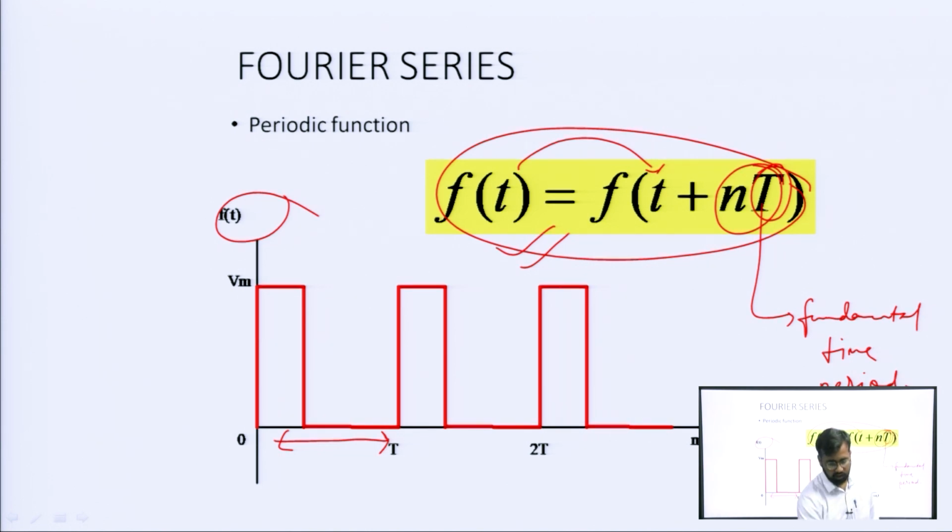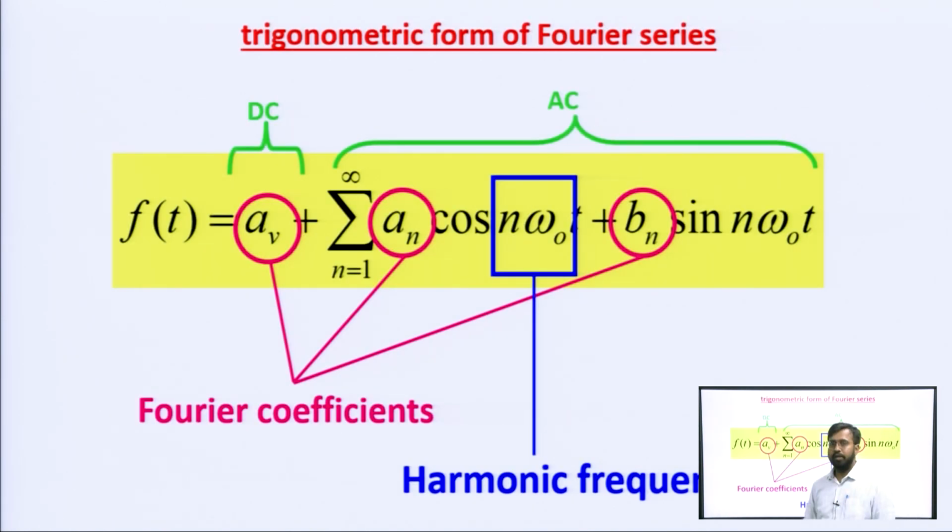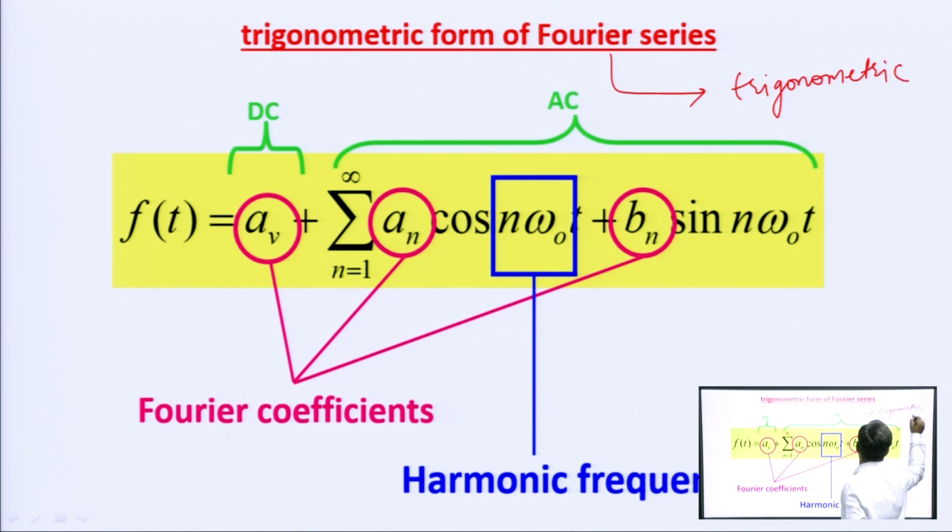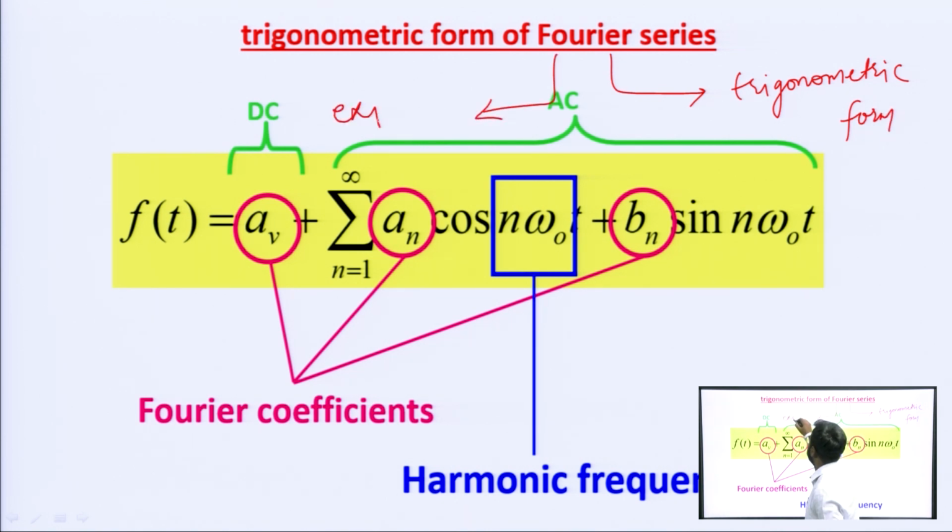Now, we have seen the conditions required for representing any function in its Fourier series form. Now how do we represent it, and what are the different quantities or points to remember? A function which satisfies the Dirichlet conditions can be represented in a trigonometric form. There are basically two forms of Fourier series: one is the trigonometric form and the other is the exponential form.